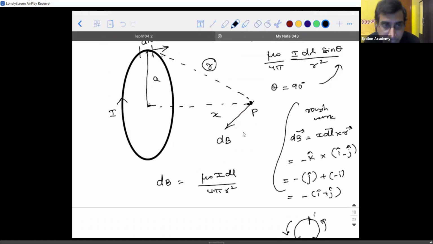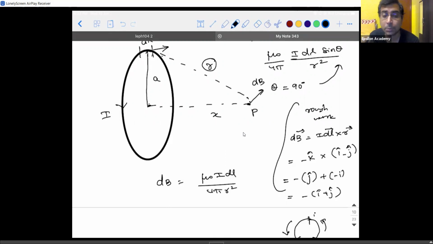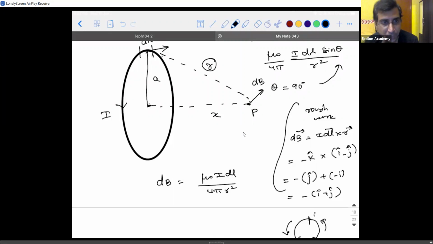If you observe the textbook diagram and mine, there will be a slight difference, because in the textbook they have taken the current in the downward direction and I have taken it in the upward direction. So just to go with the textbook derivation, I will change the direction of current. A student points out that dB will be perpendicular to r, not to x. Okay, thank you. In the meanwhile, I changed one thing. Guys, observe. I've taken the current to be in the downward direction and dB to be in the upward direction.